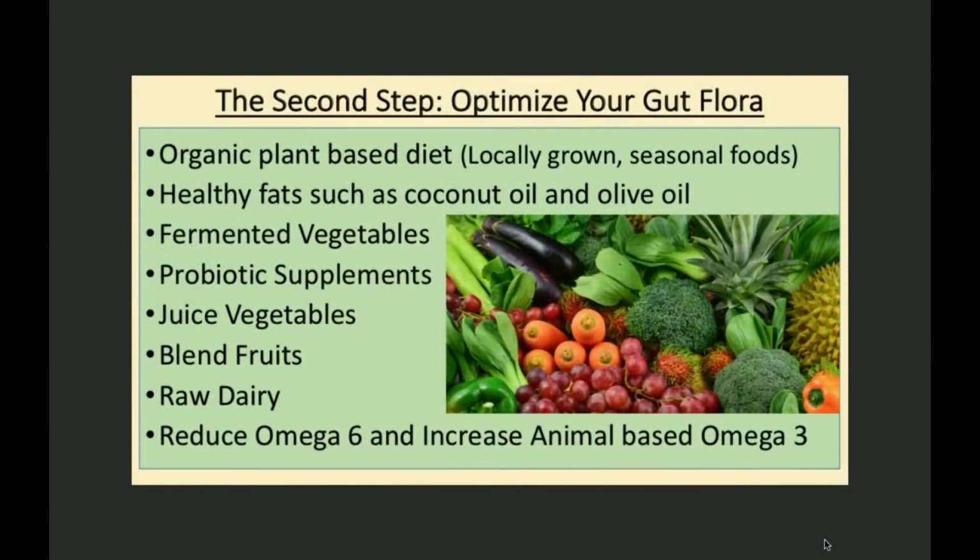I mean, look at this. Remember, your digestion, this is why you're alive. If you have poor digestion, you will not live healthy and long. That's the bottom line. If you change your digestion, you change your health. It's really that simple.